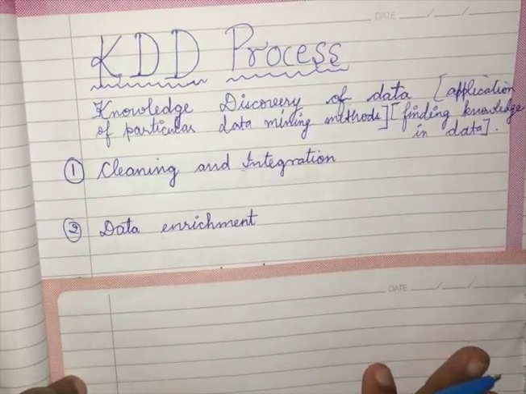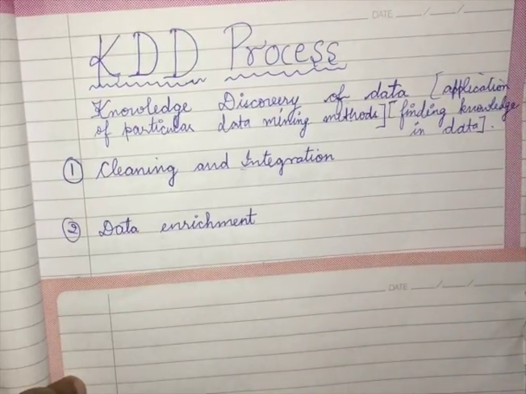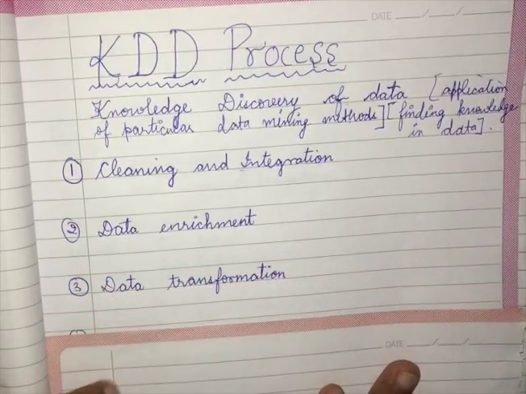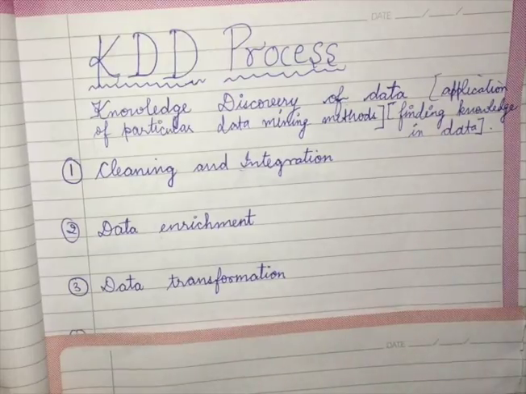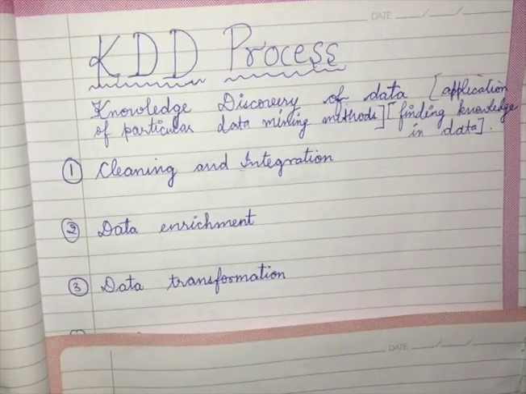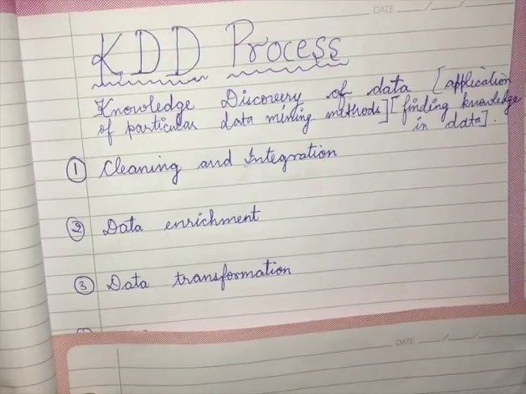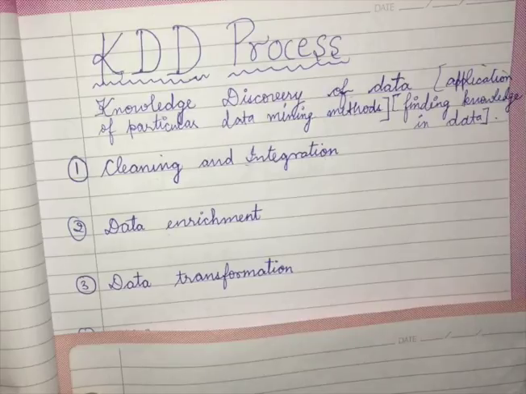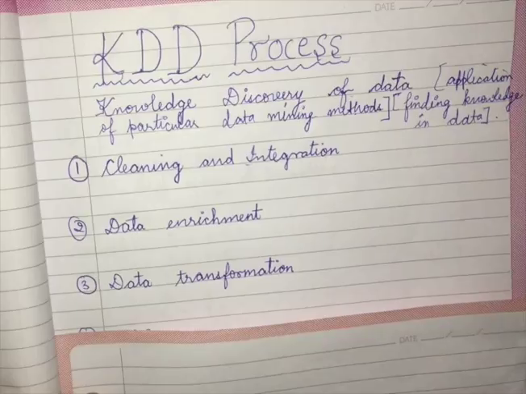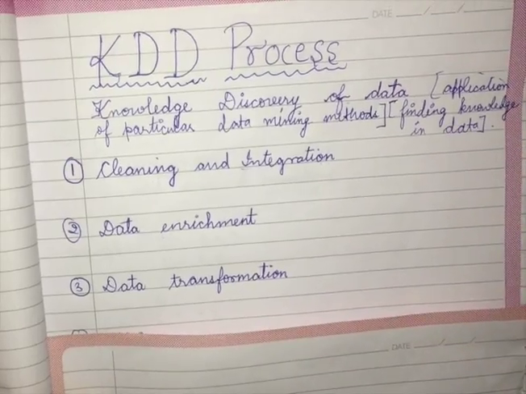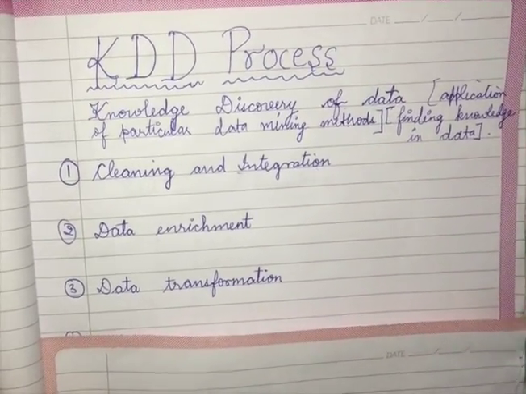Now once my data is accurate, that is, I have removed the useless data and added the data that I need more, I will do data transformation. That is, I will put the data in a particular format that I want. Suppose the earlier data was in the form of Word, Excel, different formats. Now I will combine the data and give it a uniform format. All the things that I earlier had in different formats, I will take into one uniform format. Say I want all the data in Excel, so I will export all the data files, or I'll maintain them in one format. The next is data mining.